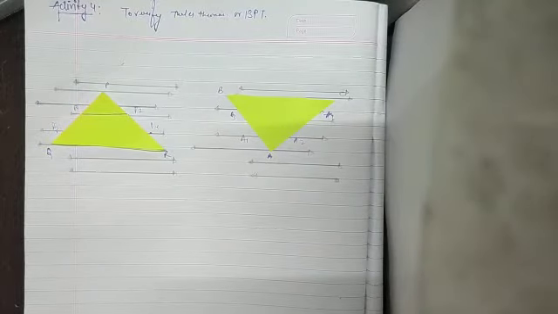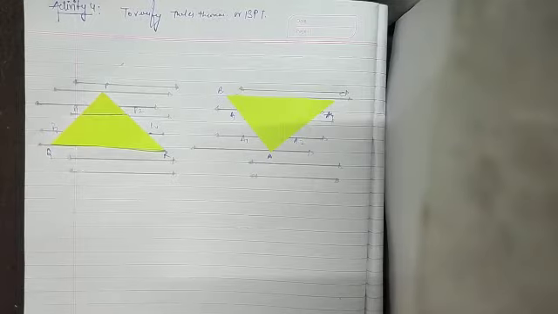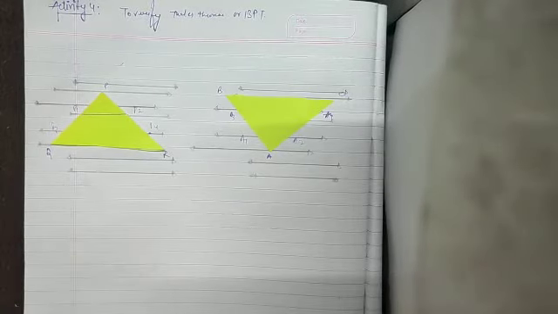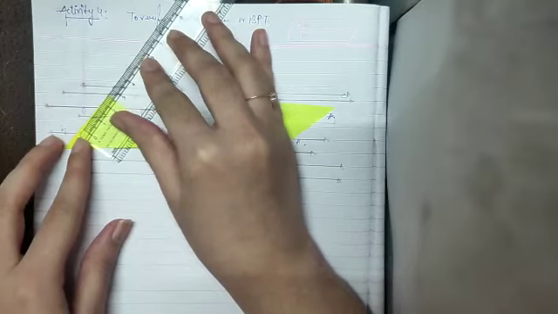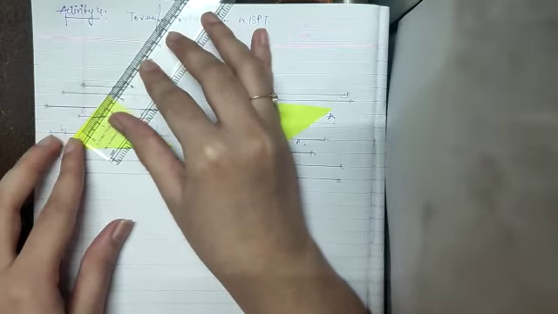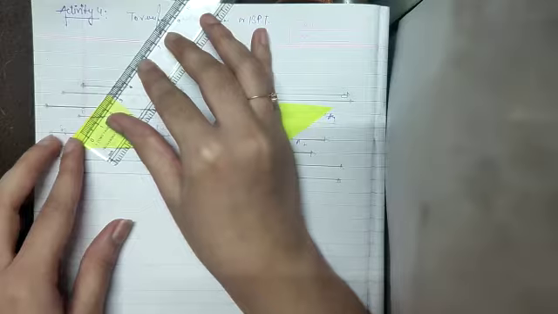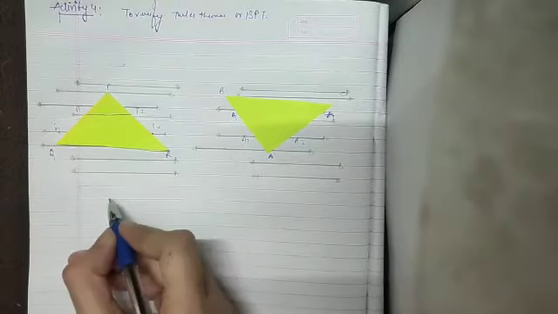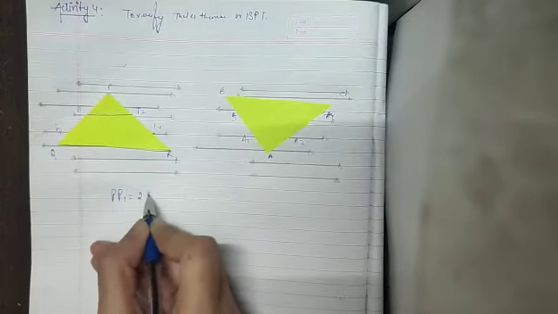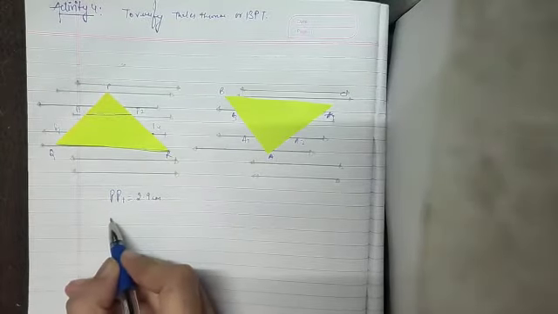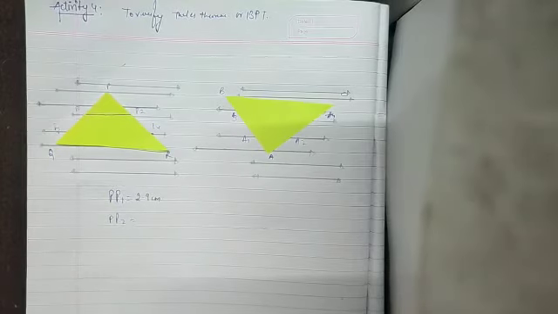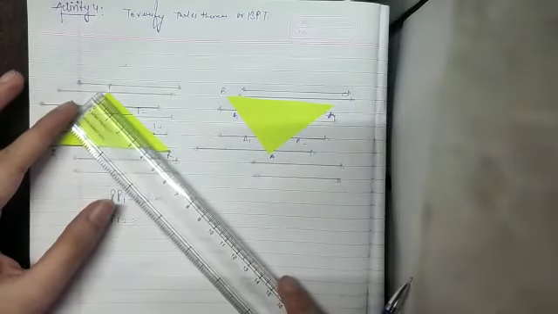After that you have to take a scale and start measuring. First of all, measure the distance from point P to P1. I'm measuring this. P to P1 is 2.9. So write the distance P to P1 as 2.9; whatever parallel system you have made, it will be according to you. Then you have to measure the distance of P to P2. Again I'm measuring it. It is again 2.9.